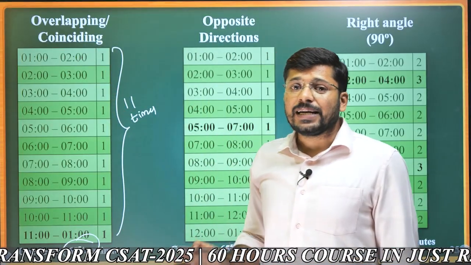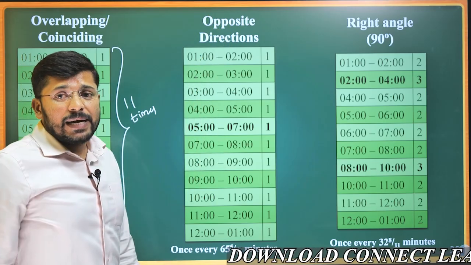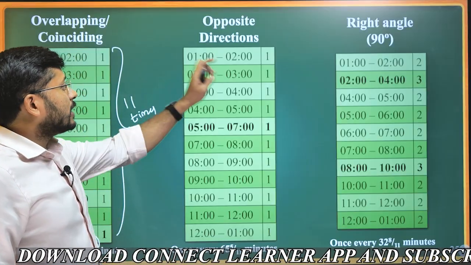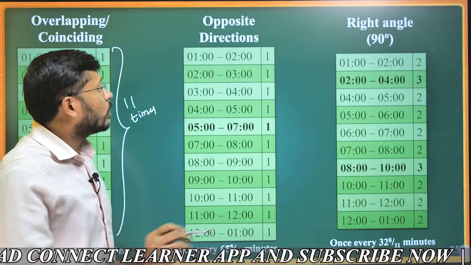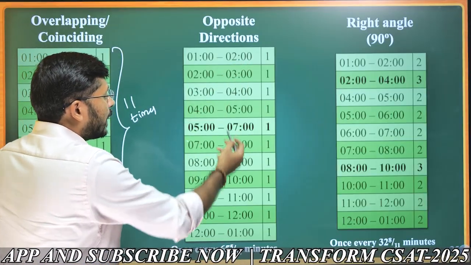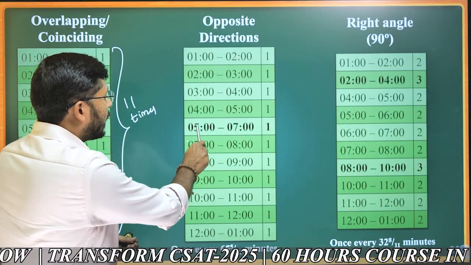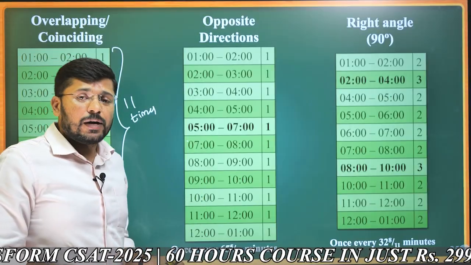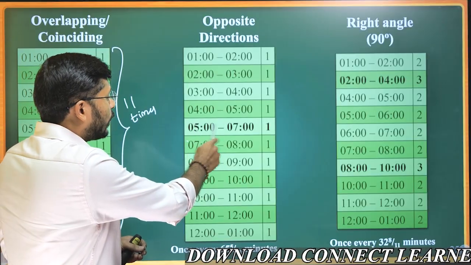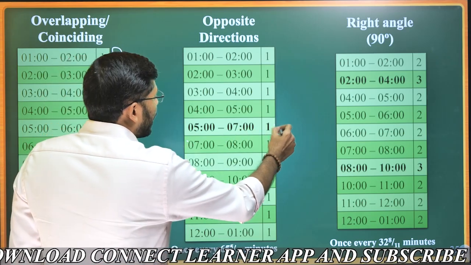Now this is all about coinciding. Now we will talk about opposite directions. Now the hour hand and the minute hand, they will be in opposite directions. The general rule is that they will be in opposite directions once between every 2 consecutive exact hours, with the exception that between 5 to 7, they will not be in opposite directions 2 times, but only 1 time. Why? Because for the periods 5 to 6 and 6 to 7, they will be in opposite directions exactly at 6. So 6 o'clock is common to both 5 to 6 and 6 to 7, and because of that, we cannot count it twice. For 5 to 7, only 1 time is counted.